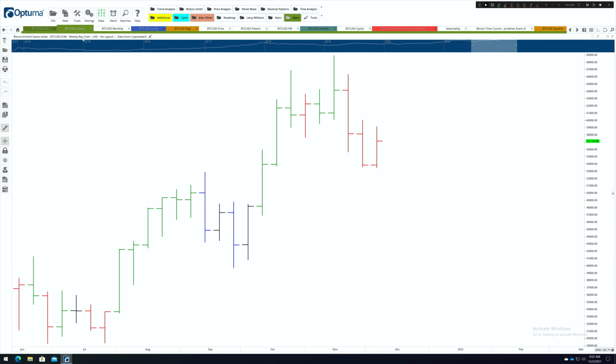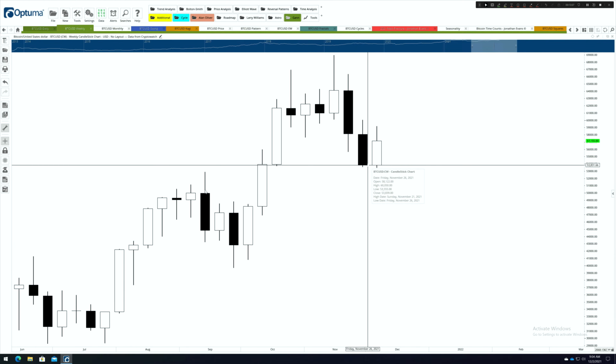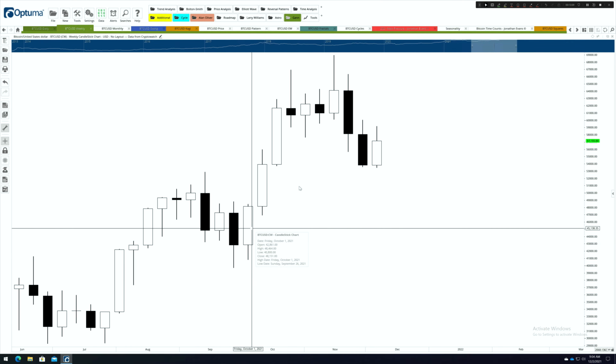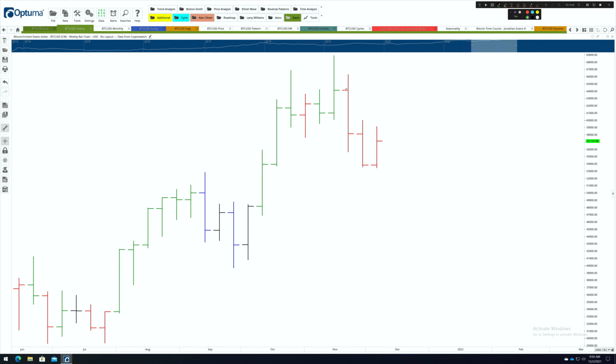Now, bar analysis and candles, I always say to people, if you want to become really proficient at charting, always use a bar chart and not a candlestick chart. Now, the reason for that, I'm going to show you right now. The reason for that is because a candlestick chart is exactly the same as a bar chart. It's just drawn differently. Now, a lot of people try to use candlestick charts because they want to be fancy. You don't need to be fancy. You don't need to use a candlestick chart. You can use a bar chart and just simply draw in the candles with your mind.